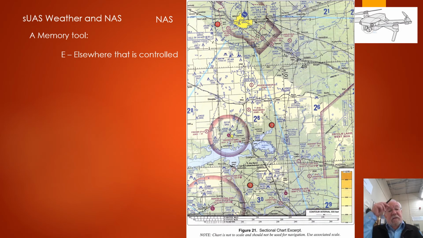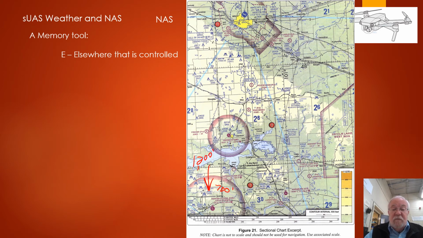Here's a Class E. That's all the airspace that is controlled, but not necessarily associated with an airport. Sometimes it is, so it gets a little bit confusing. We'll look for Mercer County Regional Airport way down here in the bottom, and you notice that within the magenta shaded area it's 700 feet, and out here it's 1,200 feet